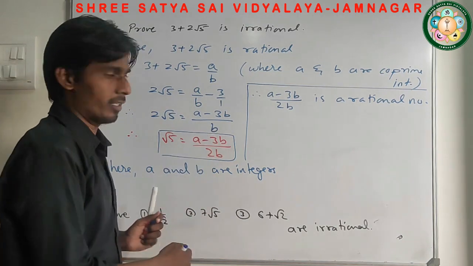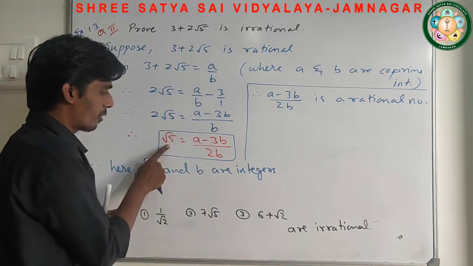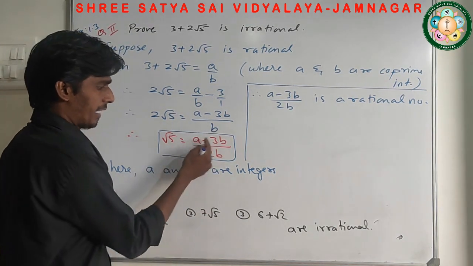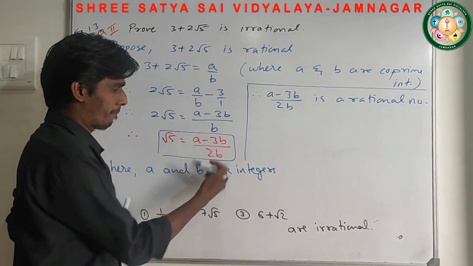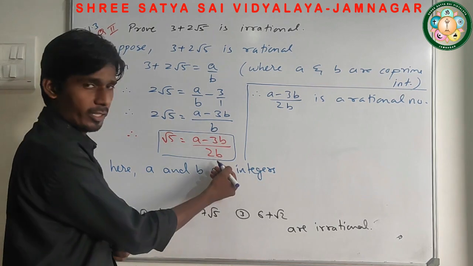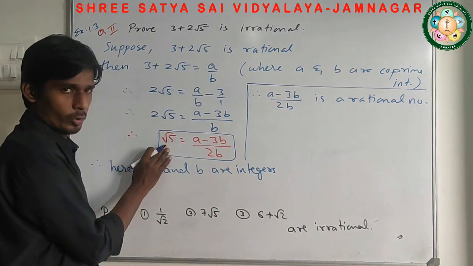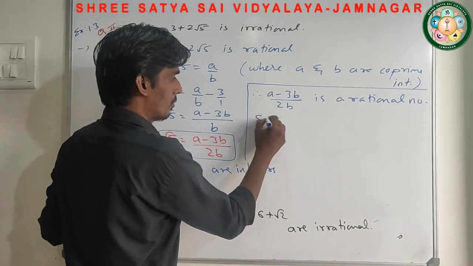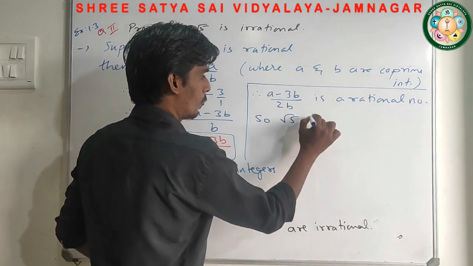This number is what? Rational. But now, this number equals to what? Root 5. This A minus 3B upon 2B is a rational number because they are integer and they are in fraction. अगर ये rational number हुआ, this is equals to what? Root 5. So, root 5 is also rational